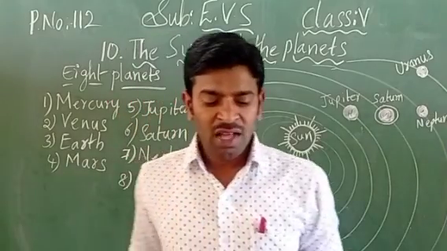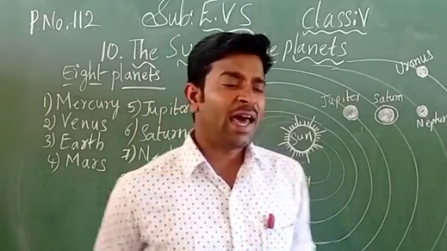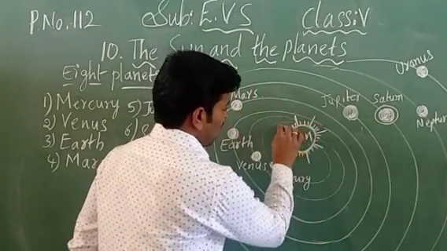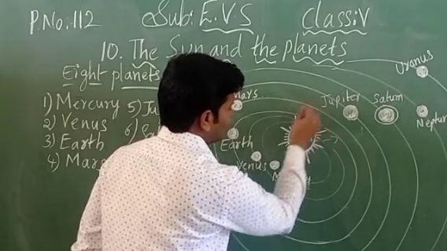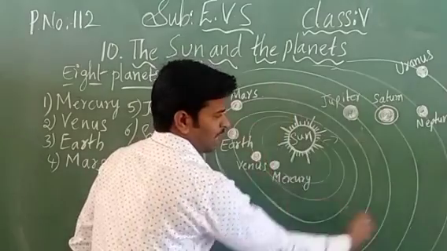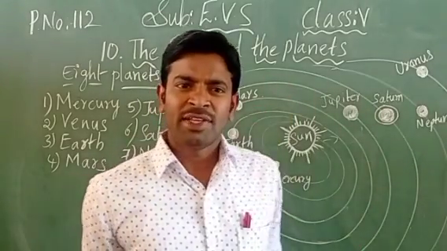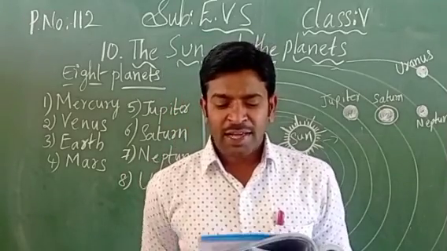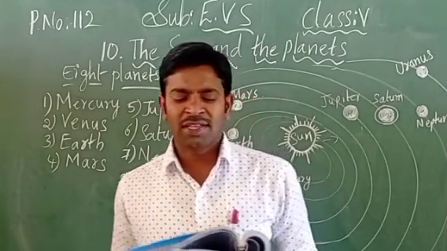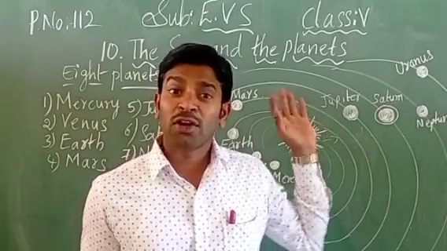Yes. Now the sun rays travel in all directions. See the sun rays. Are you able to see the blackboard here? These are the sun rays, children. They are traveling in all directions. Yes, it is giving brightness to all the planets which are present in our solar system. Next one. It is the main source of energy in the solar system. From the sun we are going to get the energy.